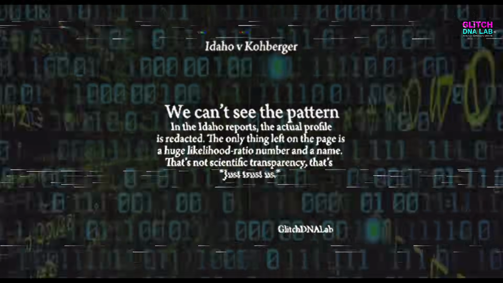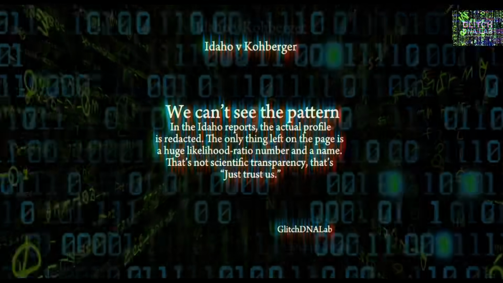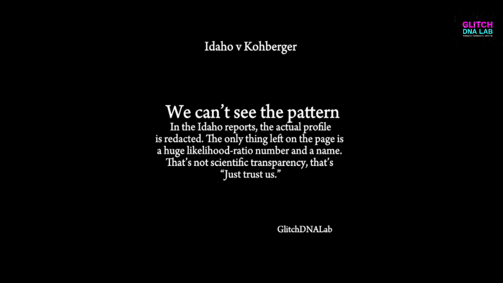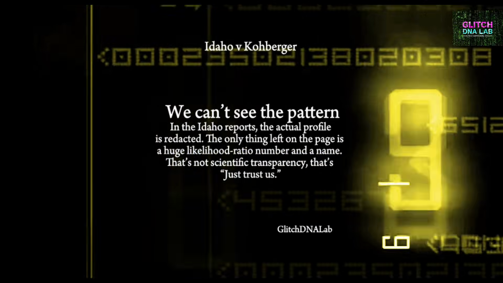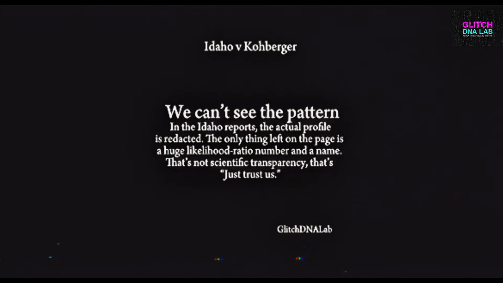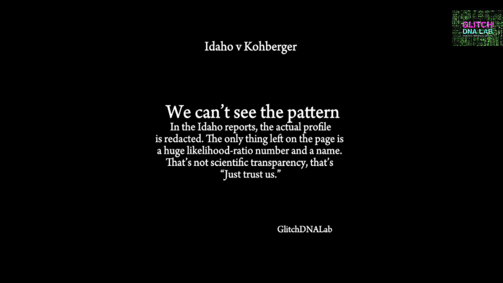Why this matters in a death case. This isn't nitpicking paperwork. It's about how much trust we're being asked to place in a black box in a potential death penalty case. We're being told, don't worry about the blacked out STR tables. Don't worry about failed runs and reinjections. Don't worry about the reference identity moves from item 108 to S108 to a generic known reference sample underneath the 5.37 times 10 to the 27th power claim. Just accept the math and accept the conclusion.